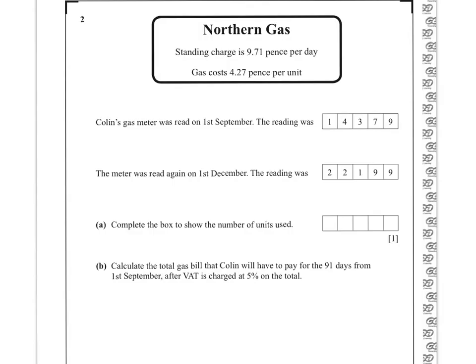The number of units used are the most recent reading, 22,199. Take away the earlier reading in September, 14,379. So that's 7,820 units. He is charged 9.71 per day, and there are 91 days. So altogether that is